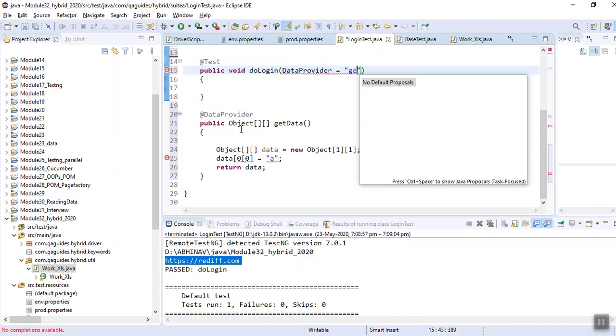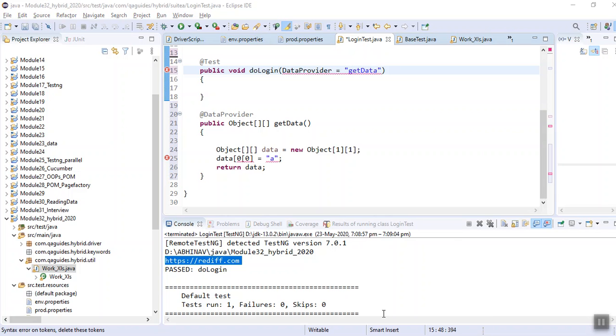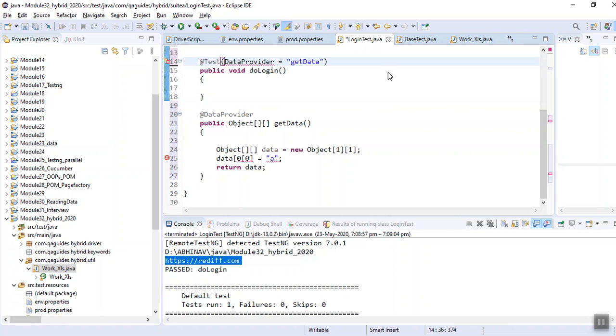Oh, okay. We need to provide the name of the data provider also. See, confusion is going on. We need to provide it here. Fine. I have provided it here.